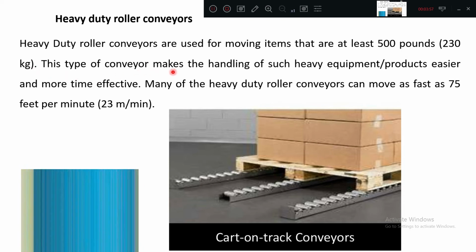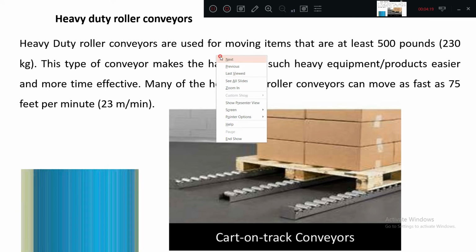This type of conveyor makes the handling of such heavy equipment and products easier. It will make it very easy and more effective in time. Many of the heavy duty roller conveyors can move as fast as 75 feet per minute, meaning 23 meters per minute is the speed of this movement. Okay,